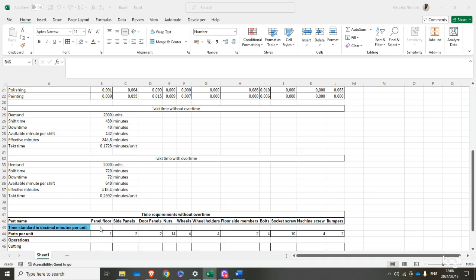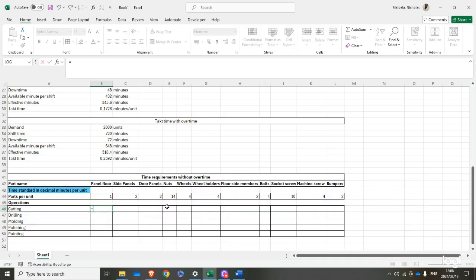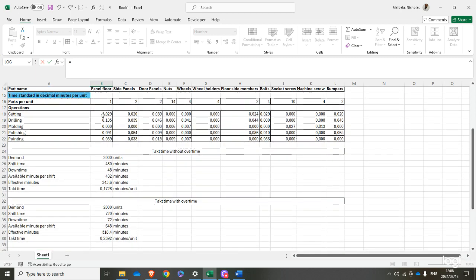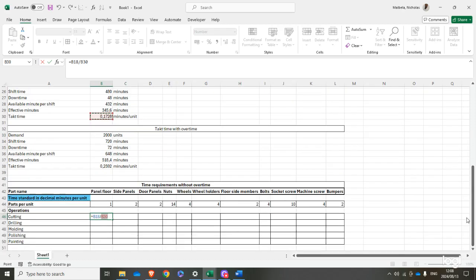Okay, so how you'll do that, it'll be equals to cutting for the panel floor divided by, be careful here, so since we're saying time requirements without overtime, you must always use the appropriate takt time. So it'll be B18 divided by B30, that is the takt time without overtime,